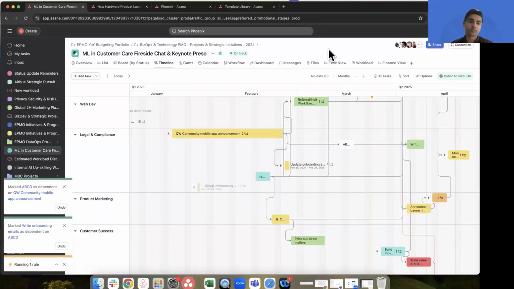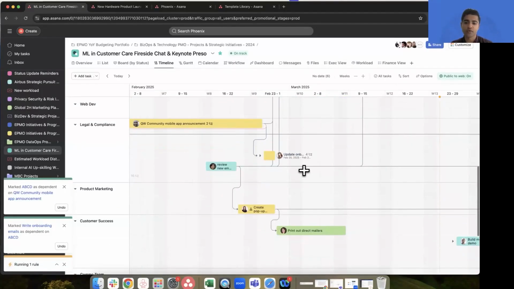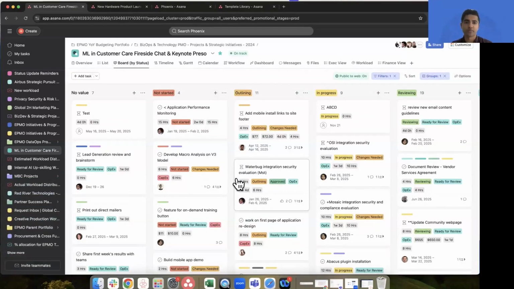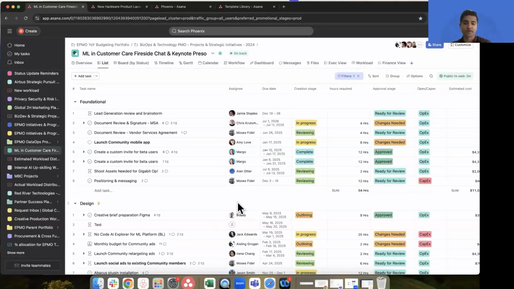So now, we need to worry about how everything syncs together. Any changes I make on this view automatically sync to all the other views in Asana. So board view, as you probably are aware, is really good for moving things back and forth, much more suited towards agile projects. And then we can come back to our list view. So again, all the changes we made in other views also update here automatically.